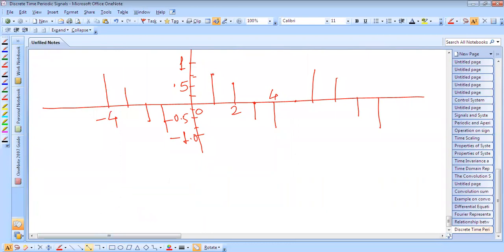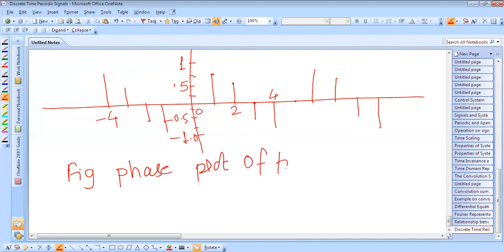So this is a phase plot of the discrete time Fourier series. Means this is the angle in radians. So we have found that that is the e raised to power something. So e raised to power 0.760 like this. So we have found the values for that, and therefore